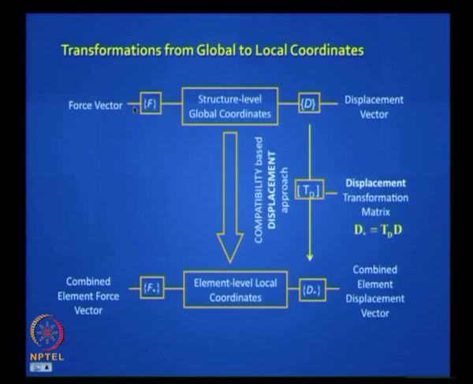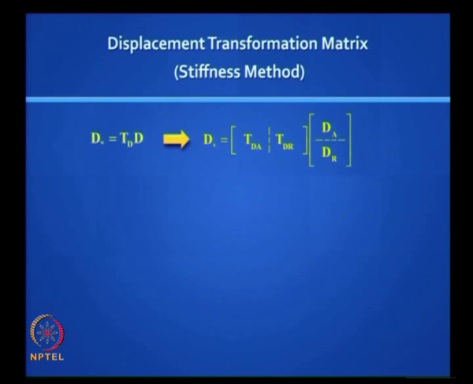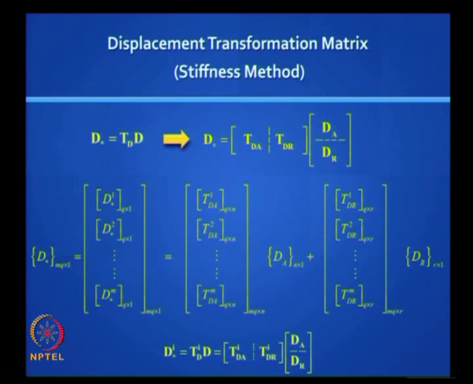Likewise in the flexibility method there is something linking this to this, that must satisfy equilibrium, and what would be a good name for that transformation matrix? Force transformation matrix, okay, we will study that later. For the time being we will look at the displacement transformation matrix and see how it works. Since we know that the displacement vector is really made up of dA and dr, then I can again partition my TD into TDA and TDR. Does it make sense? TDA and TDR, okay, and if you expand it, it will look like this.